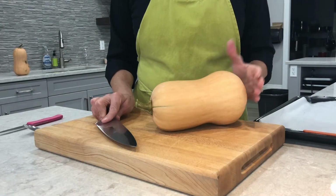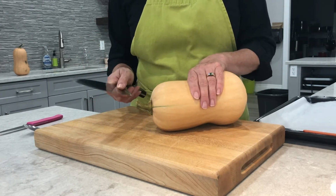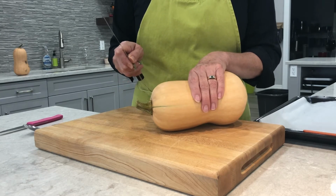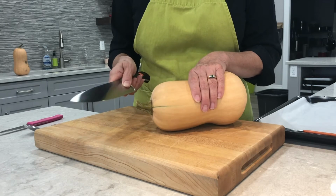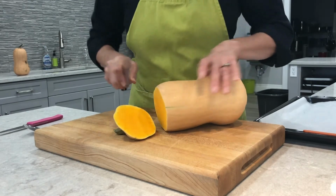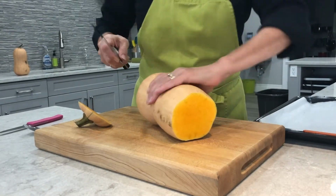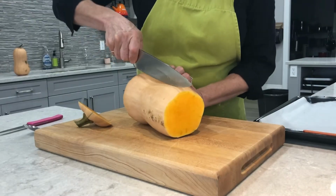Okay, so to get the squash ready for the oven, first we want to trim off the ends. You're going to need a good sharp knife that's heavy enough to get through the squash. So I'm going to use my chef's knife in order to be able to prepare it. So I'm going to start, I'll just sort of trim off the end, and then I'm going to cut right through the squash in half in order to